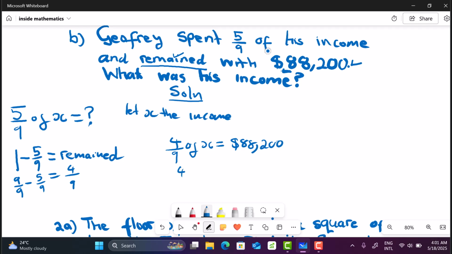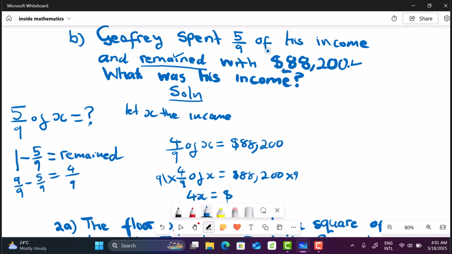Then we're going to multiply both sides. So we're going to say 4/9 of x is equals to $88,200. Multiply both sides by 9. By 9, we cancel here. Here we remain with 4x is nothing but